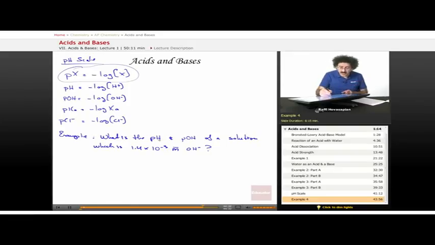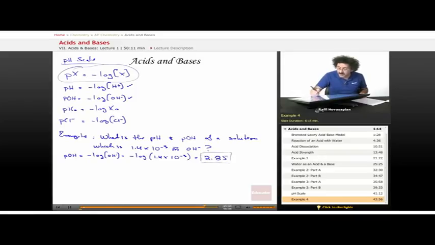Well, I know the pH is the negative log of the hydrogen ion concentration. pOH is the negative log of the hydroxide ion concentration. Well, they give me the hydroxide ion concentration, so why don't I just deal with that one first? So pOH is equal to negative log of the OH minus concentration, which is negative log of 1.4 times 10 to the negative 3. So I just stick this in the calculator, I take the logarithm of it, I change the sign, and I end up with